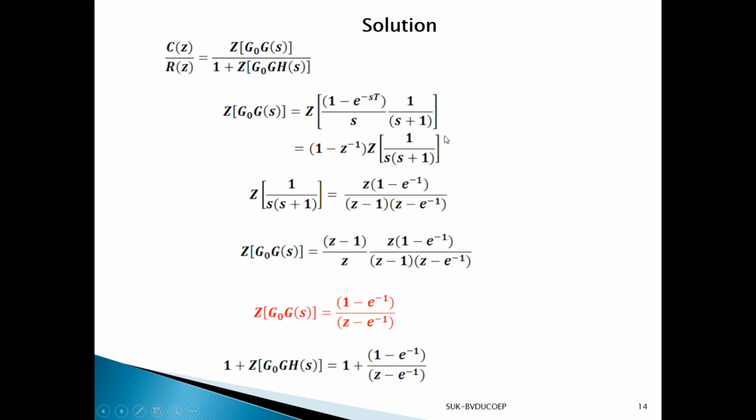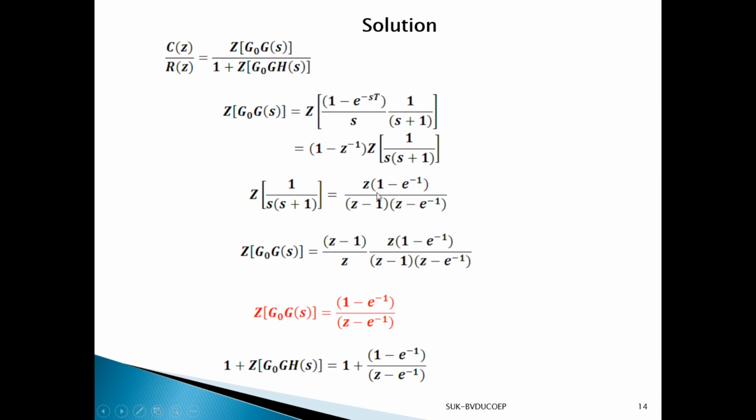So first I will try to do this from your Z transform table, what we have done earlier, 1 upon s plus 1. By doing a partial fraction, accordingly I will get, now here 1 minus Z raised to minus 1 is 1 minus 1 by Z, so Z minus 1 upon Z. No, this will not be there. I am doing only this.